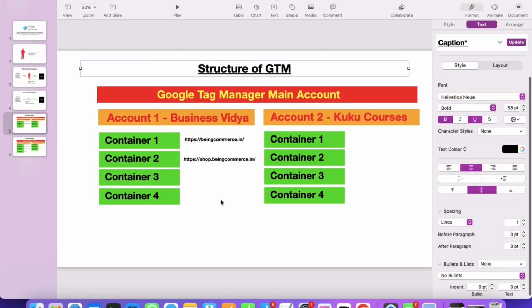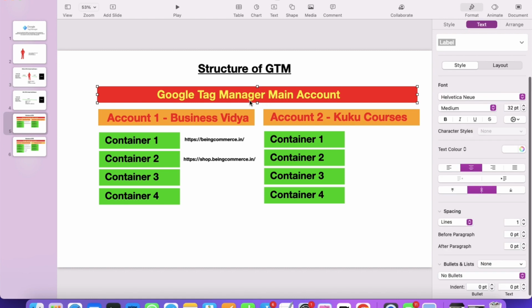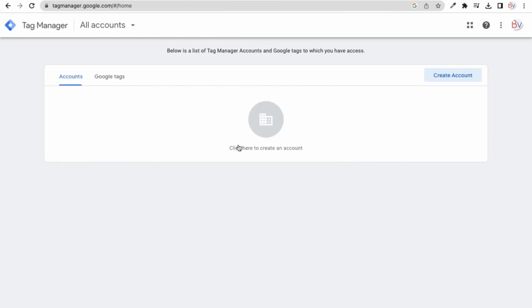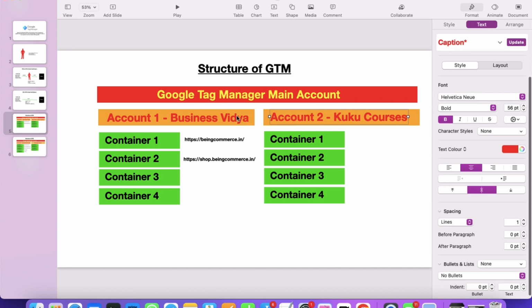So see my friends, now you just need to do one thing. The first thing, to create the main account, we have done that. So we have created the main account of Google Tag Manager, and now my friends, you can create accounts for your different businesses. For example, we can create account one for, let's say, Business Vidya. Okay, so let's